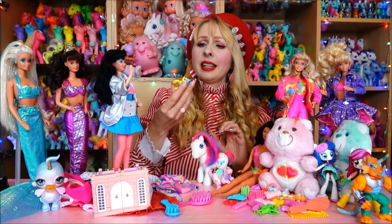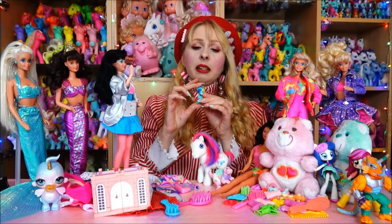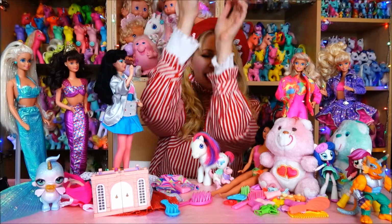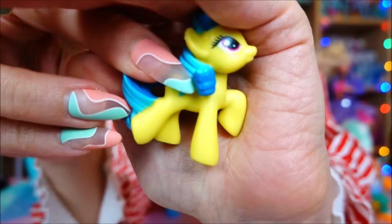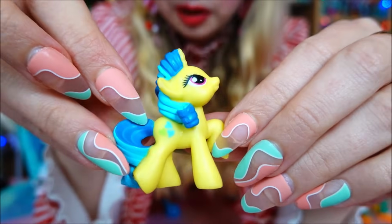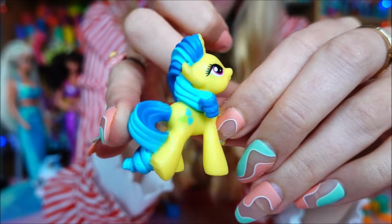One more My Little Pony thing in there, G4 related. Nothing too special, but a blind bag pony that I think I do not have. I might, but it's from the very first wave of blind bag ponies. So from 2010, the name is Lemon Hearts, and